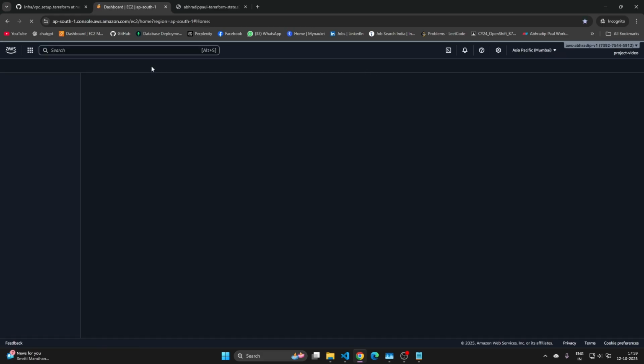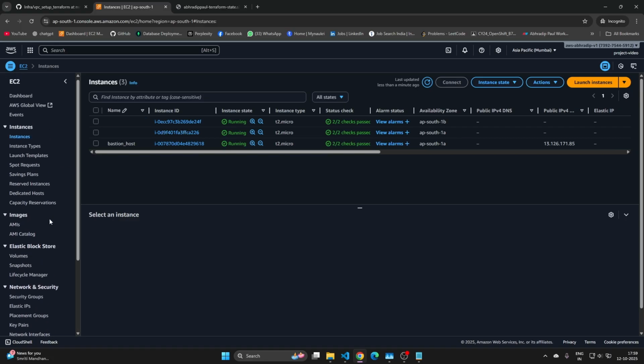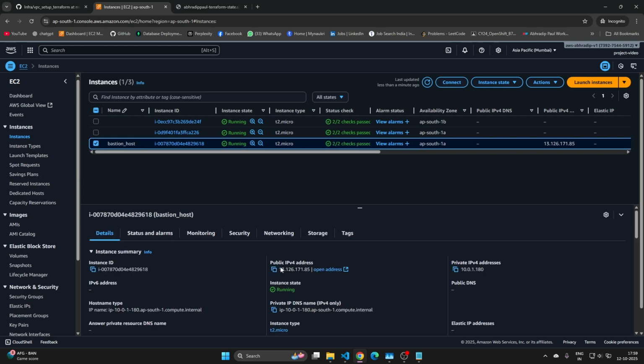So in the EC2, here are three instances. One is Bastion and the other is not named. But we can see one thing: there is no public IP for this instance. Also, there is no public IP for this instance. But for this instance, I can have this public IP. So this is the public instance. We can access this, so I will access this one, but